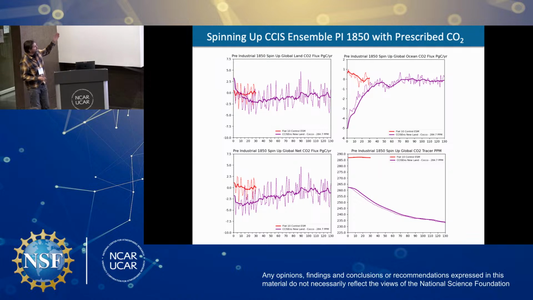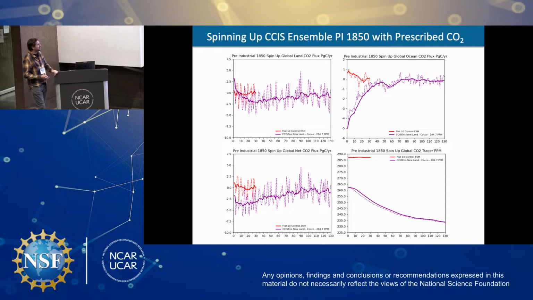And you can see the top left panel shows you what happens with the land surface flux of CO2. And you can see that basically there's this initial drawdown of carbon, and then we're coming back into balance over the time period. We found that the ocean model, even though it was spun up for work that Kristen was doing, was actually quite a long way out of balance for the version of the model we had. It started off drawing down 5 petagrams of carbon at the very beginning and converges out to 130 petagrams of carbon. At 130 years, it's closing on 0. So you can add those together and ask, how's the model converging? And we can see that through this